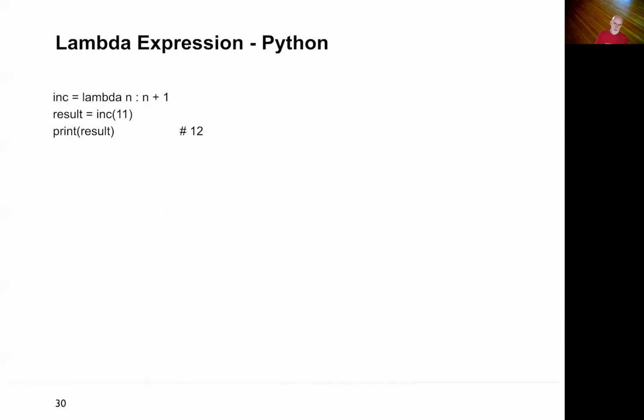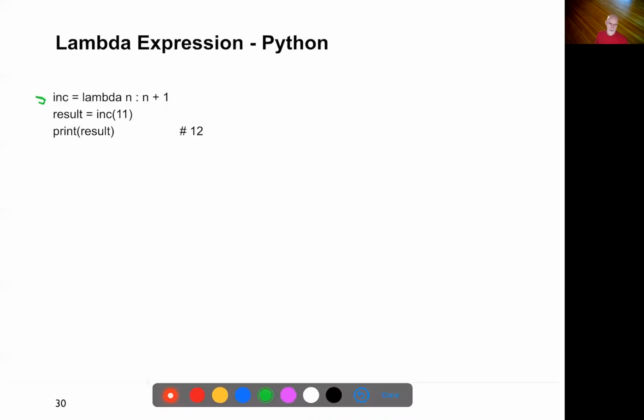The syntax for Python lambda is pretty straightforward. Keyword lambda, then the arguments, and then one expression. They're limited to one expression. So here I'm assigning it to a variable called inc, and then we can call that like any other function. For multiple arguments, you can just list the arguments, colon,